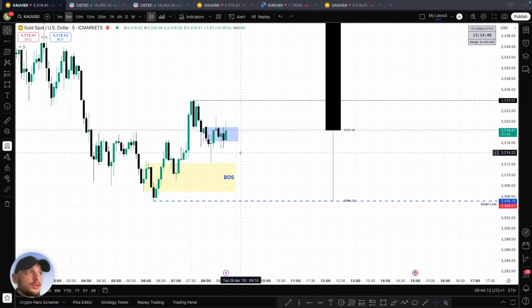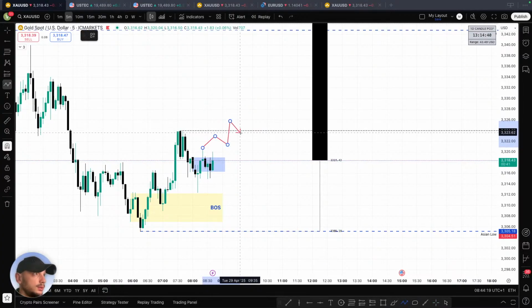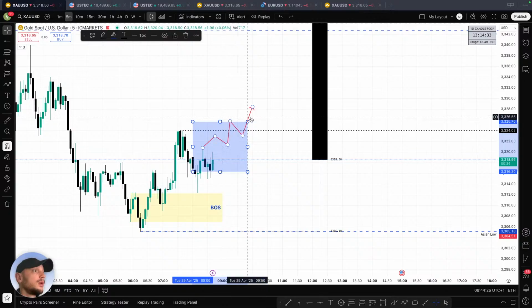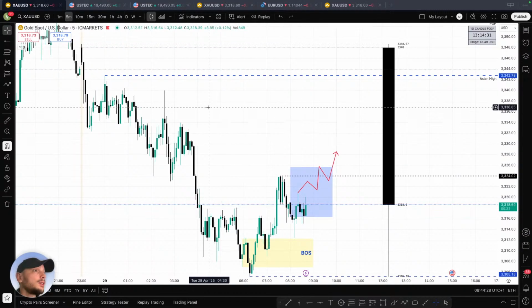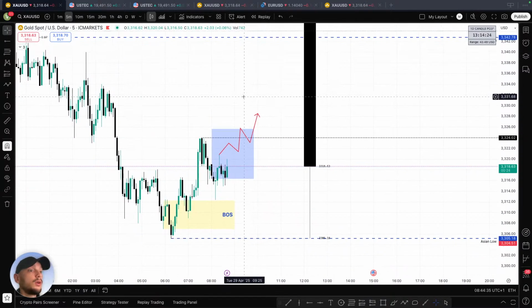But following the same logic, I would enter if we had a move here on the 5 minute and we took this liquidity, it made a retrace, but it made one more candle, and with this candle we break above, right? So I have other targets now. I have this liquidity lined up here, I have this liquidity here, Asian highs, I have previous day highs. So I have good targets, and the risk management will look good. We can make the minimum 1R, we can aim for higher, so it makes sense.